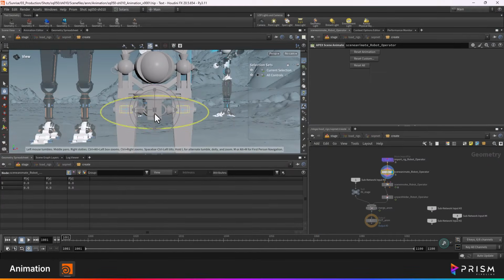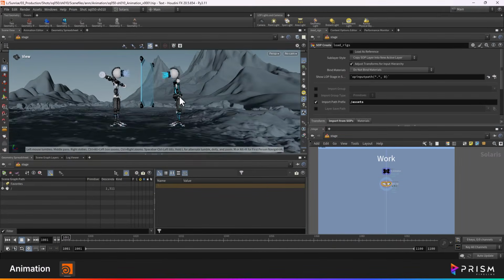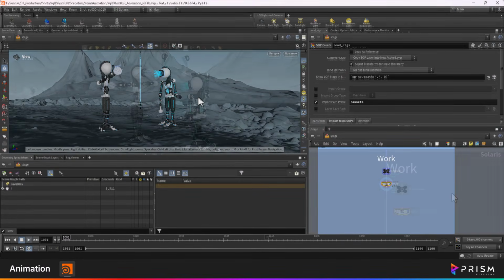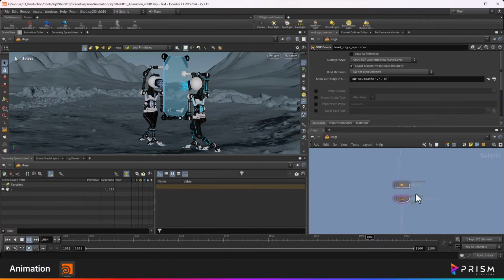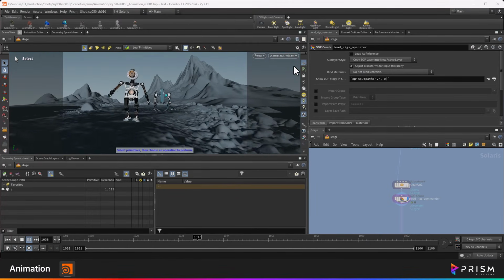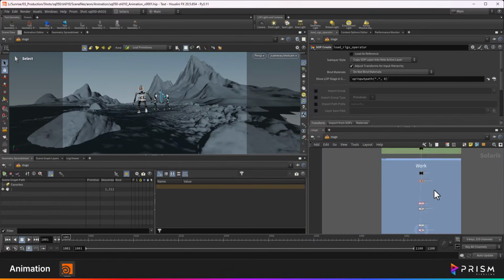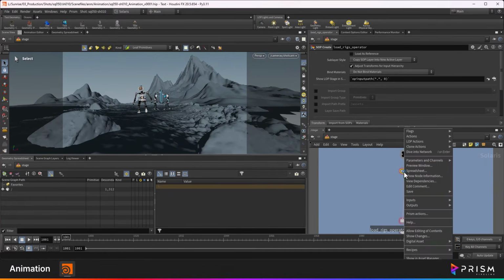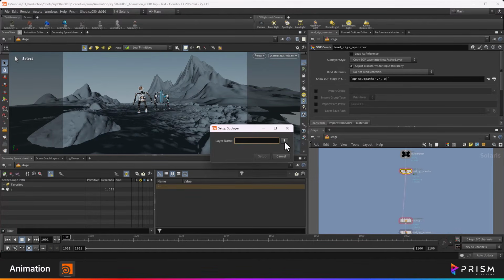Inside the SOP context, the animation process can be started using the Scene Animate node. Once the operator animation is completed, as well as the animation of the assistant and commander character, the animation data can be published to the USD animation layer. Like in the layout department, each character animation will now be published to a separate sublayer. The setup sublayer action will be used to set up each sublayer.